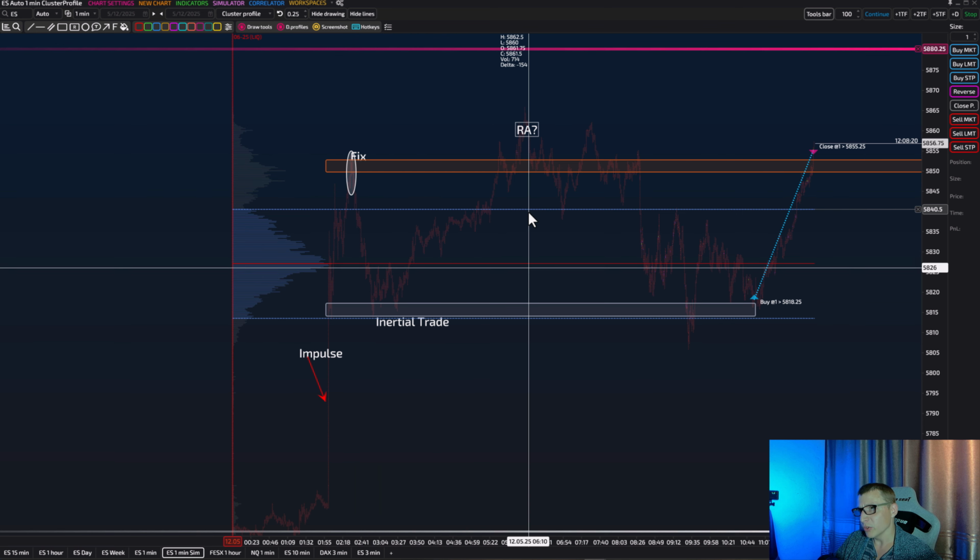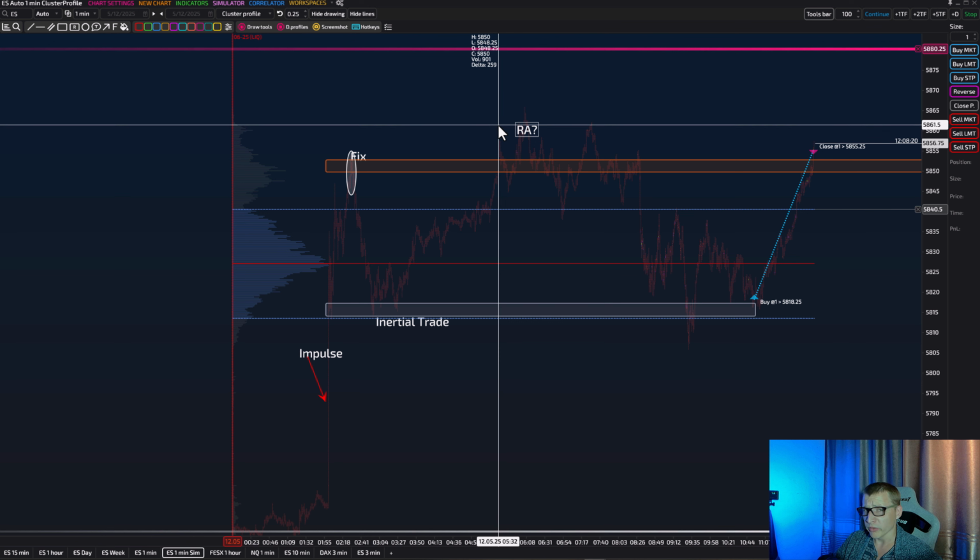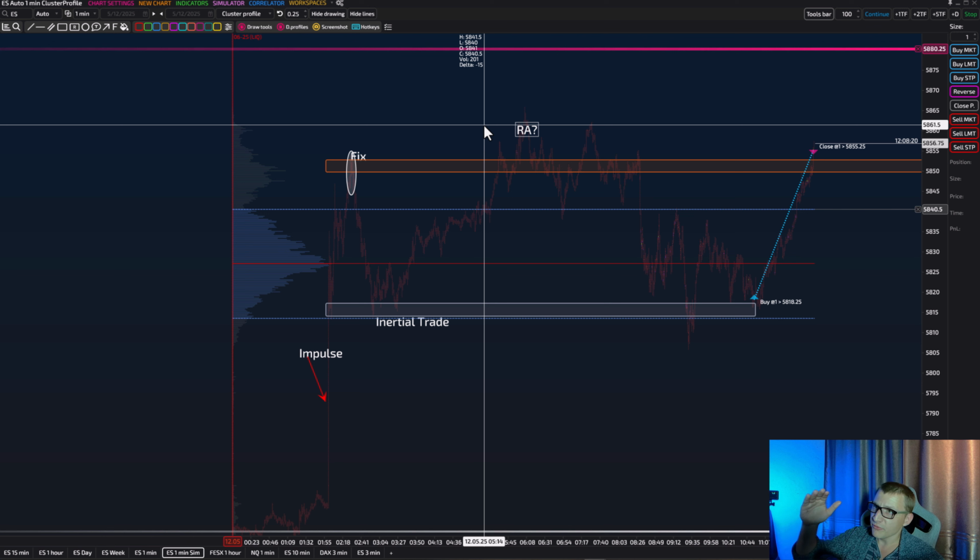The second segment of the balance is what? Responsive activities, one or two. It's not necessary for any balance to have two responsive activities, but one of them must be fully formed so we can classify a balance as a balance. We always have two crucial factors for any range consolidation to classify it as a balance: an impulse preceding it and a responsive activity, at least one responsive activity, okay?